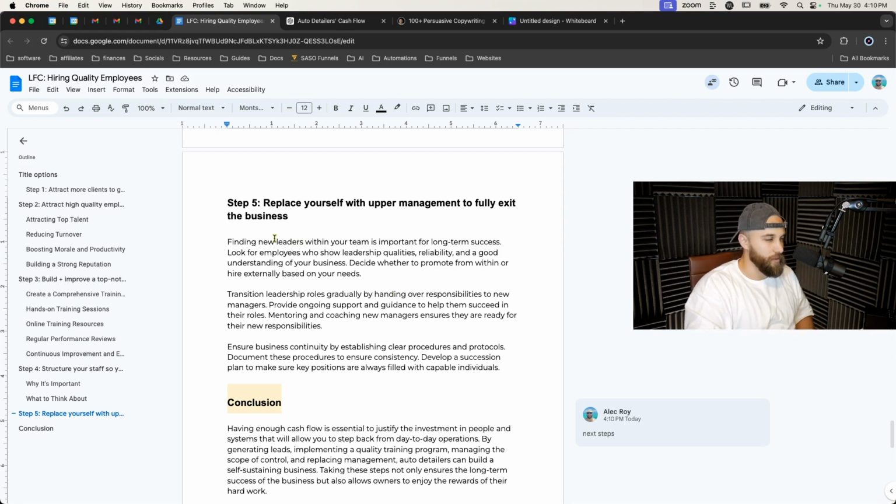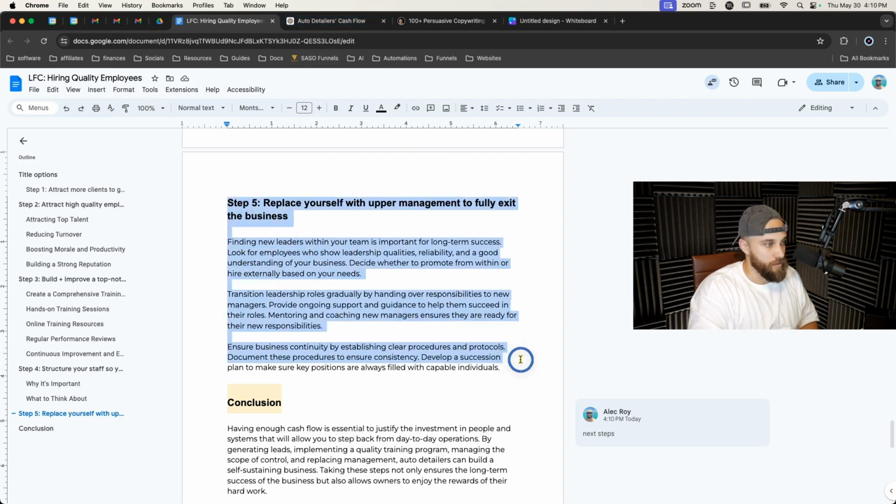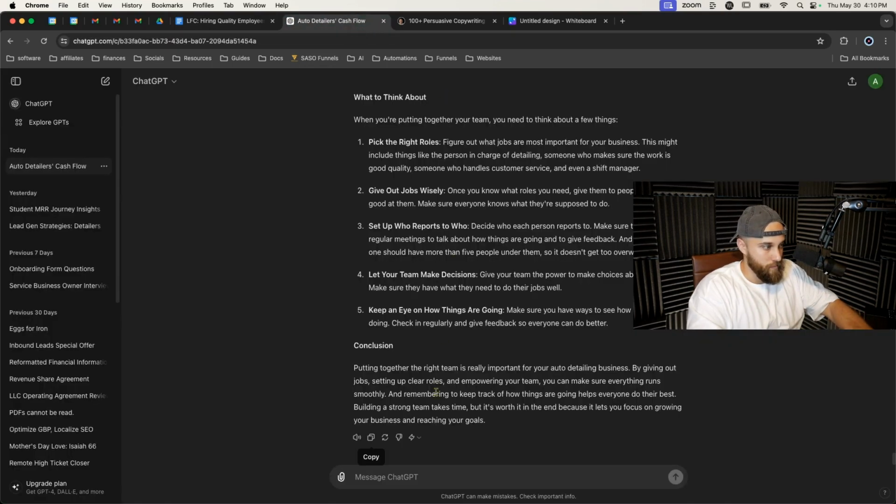All right, finding new leaders within your business is important for long-term success. Look for employees. So this is kind of an obvious statement. I want to rephrase it and explain, like, document your process, right? So let's take this. I'm going to say, rewrite this to include the need to document your process as a manager